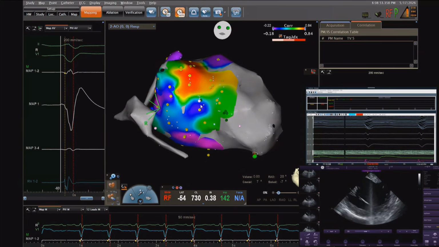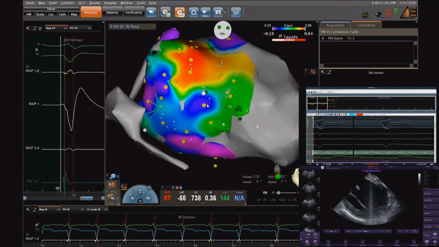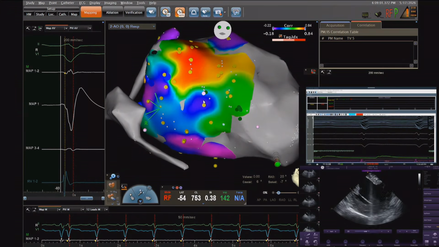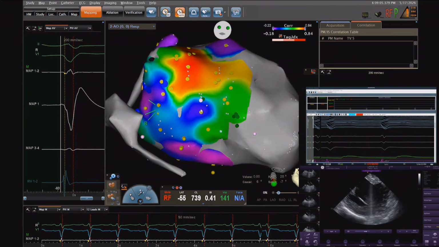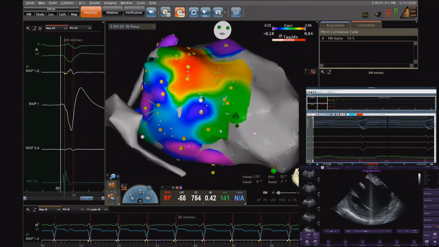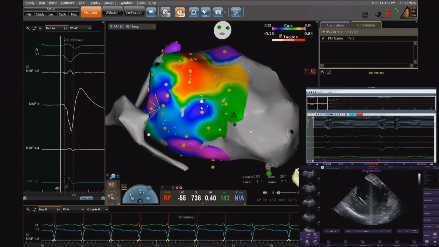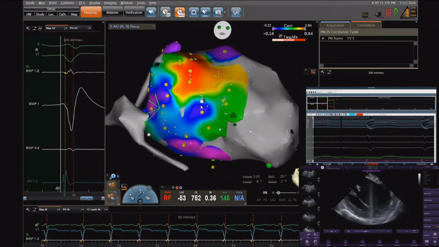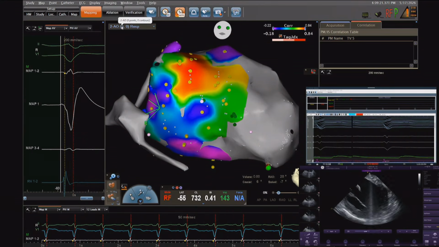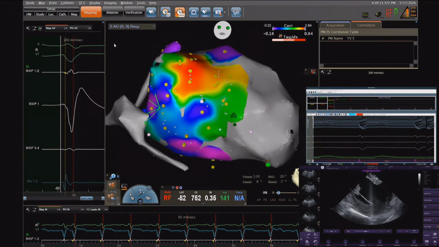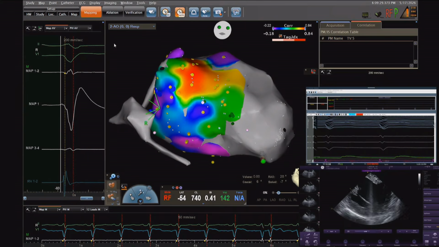So I think that would be for modification of substrate, let's say either a core isolation or some destruction of all late potential areas and these slow channels. But now if we are talking about pace mapping for that particular arrhythmia, we will exchange the sheath and go to the right cusp, because there might be another area, right cusp or just endocardial close to the aorta, which might be the site of entry to this